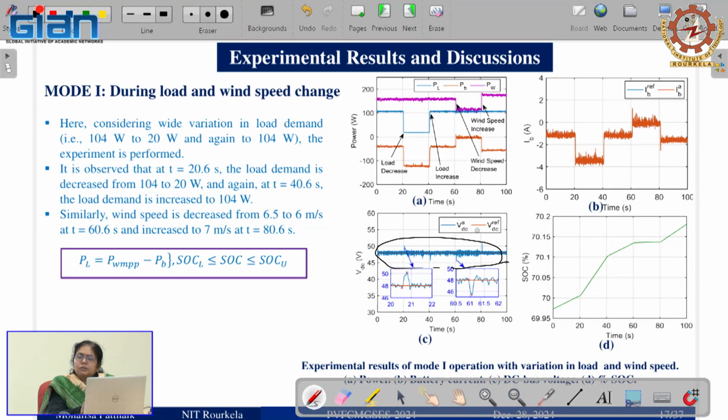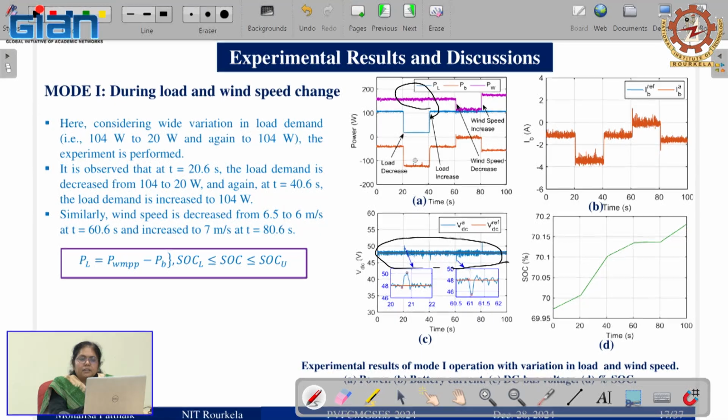But during the load variation, when the load is changing, if you see, there is no effect on the MPP, meaning it is extracting the same power. Load variation should not affect the MPP power when it is operating in the MPP mode. It should extract the maximum power, whatever the source, PV or wind. With the irradiance variation, when you are varying the load, it should track the maximum power. And the same is the case when there is a wind speed variation, it is also giving the maximum power.